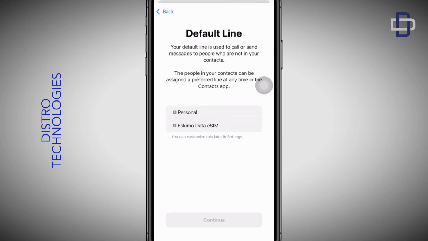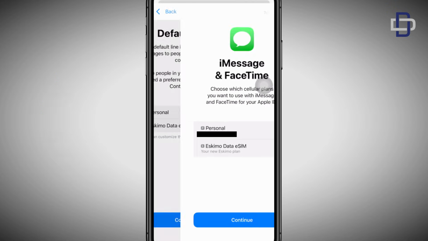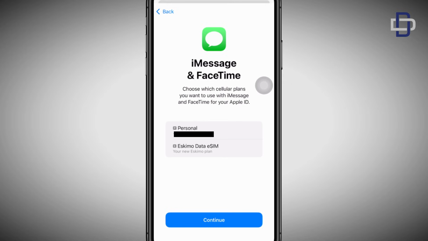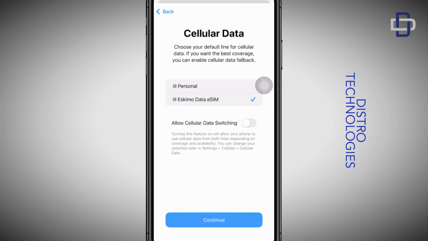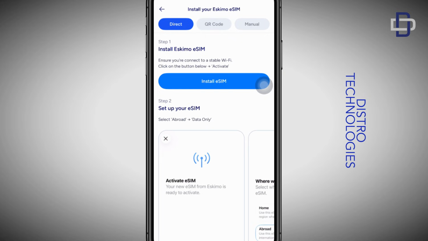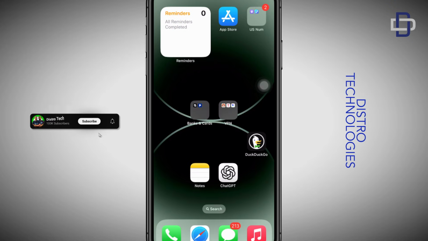Choose your default line for calls and messages. Choose your cellular plan you want to use for your iMessages and your FaceTime and tap on continue. Choose the default line for data eSIM and tap on continue. And just like that, you have successfully installed your Eskimo data eSIM onto your mobile device. Now there's just a couple of settings we need to do before you can start using it. So head over to your settings,